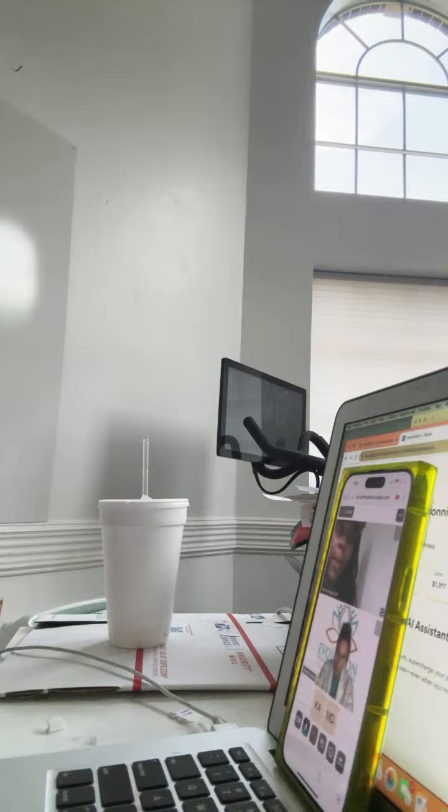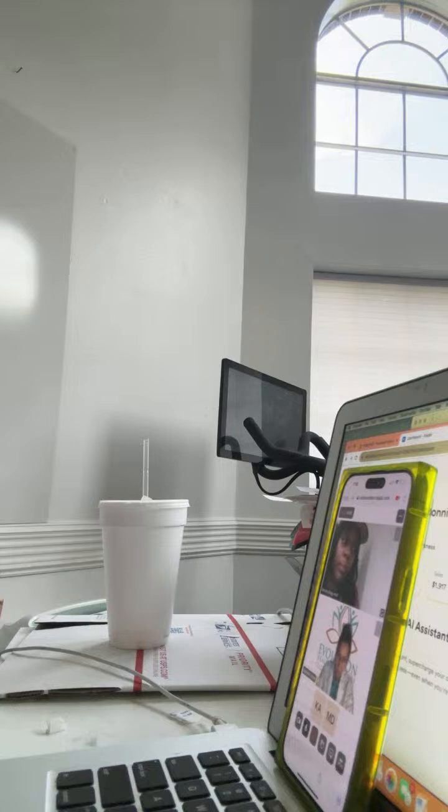The hair loss at? I thought it was the edges. Where is it? No, it's in the middle, like the crown area. But it's only in like that one spot. Like if you part my hair,